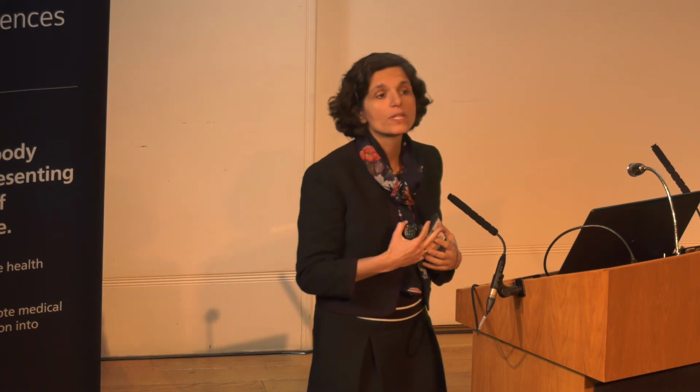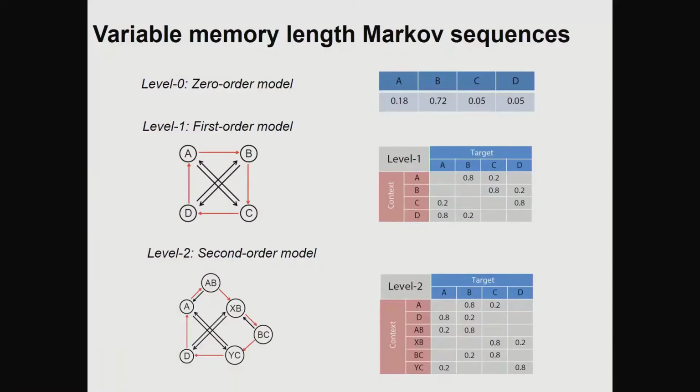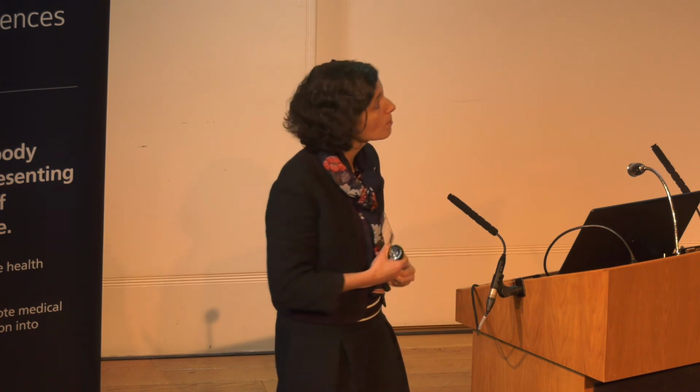And in fact, we can use Markov models to make these orders as easy or as complex as we like. We start in an adaptive training manner, so we start with very simple orders. For example, one of the symbols is more frequent than all the others. Then we have pairs that are more frequent than the others. Then we have triplets that are more frequent than the others. So we increase the complexity, and we try to simulate situations in the environment where the structure of the environment is hierarchically more and more complex.